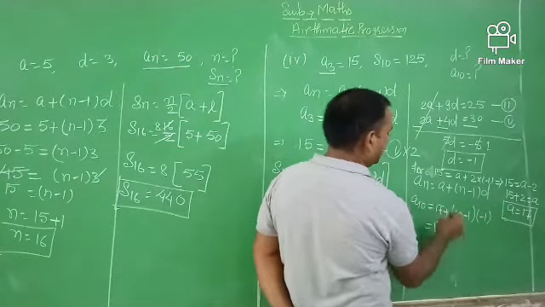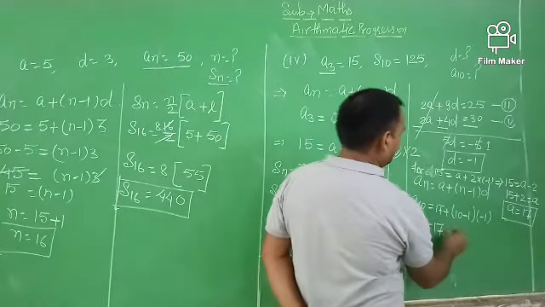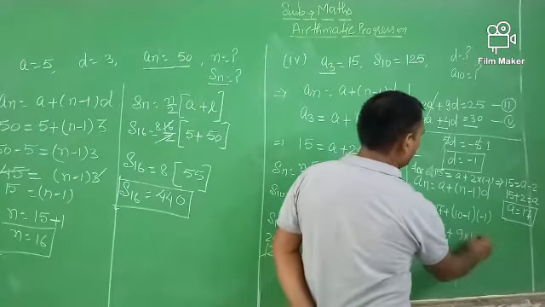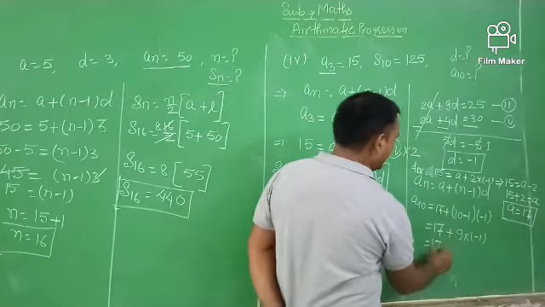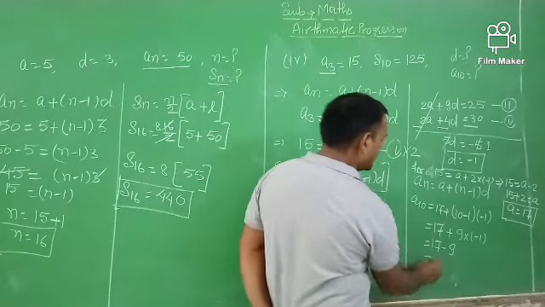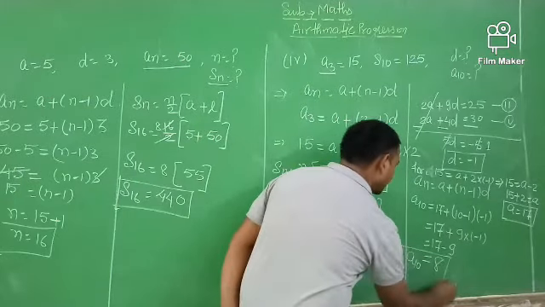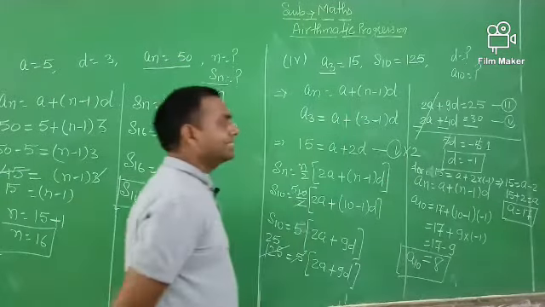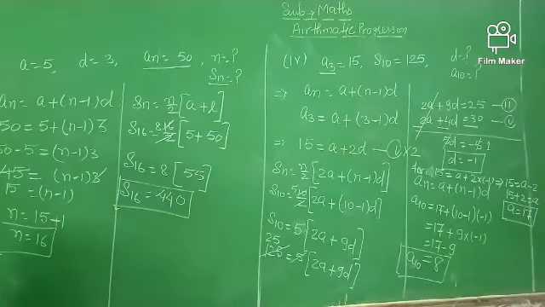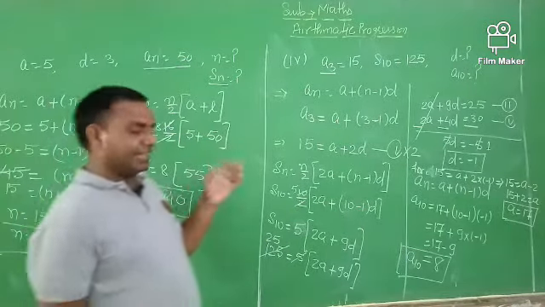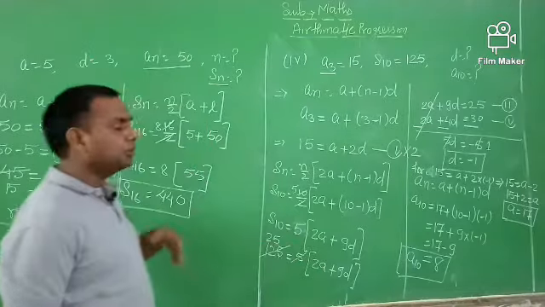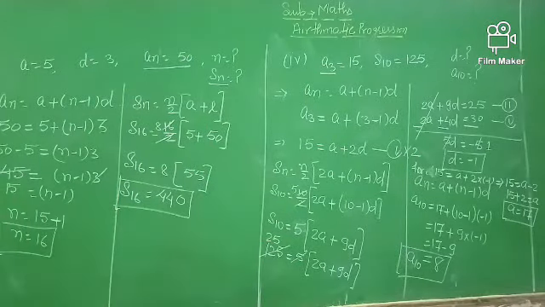So this is 17 and this is 10 minus 1, it is equal to 9 into minus 1. So this is 17 minus 9, so this is equal to 8. So the value of A10, it means the 10th term of that series, is equal to 8. So you apply this type of formula. If something is given, then how can you find the other values? You apply the An formula and Sn formula, so you can solve all the various types of questions.